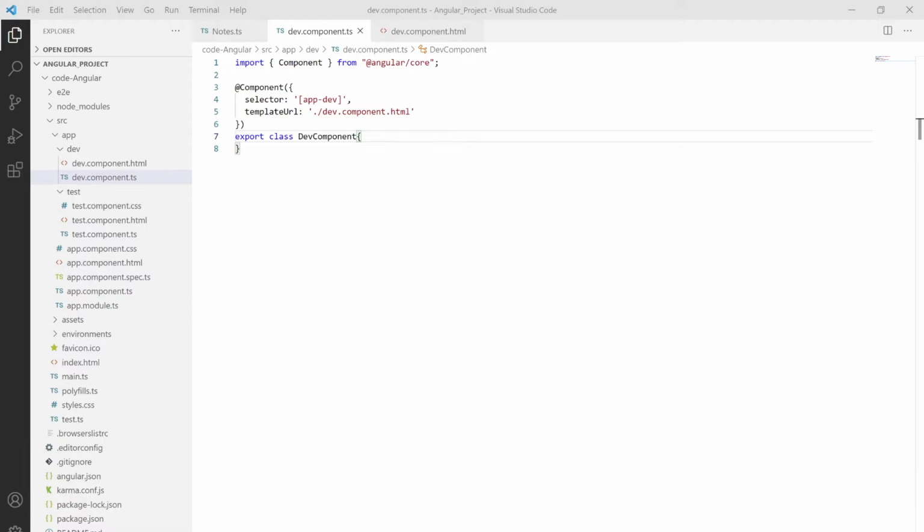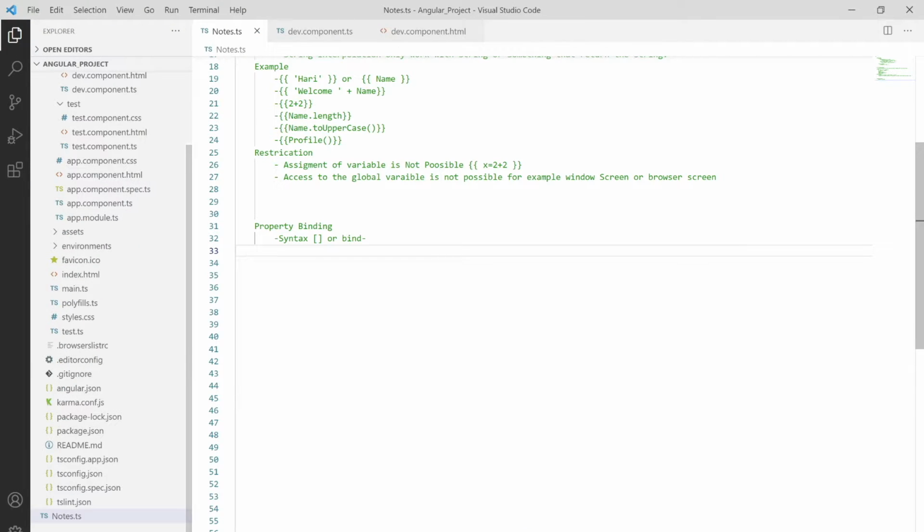Let me go to our notes and put here: attribute versus property.